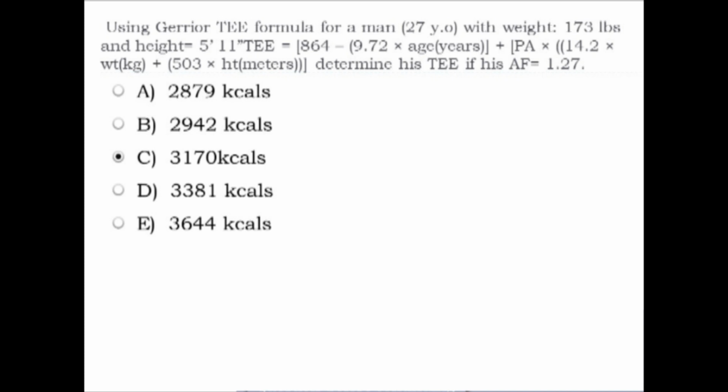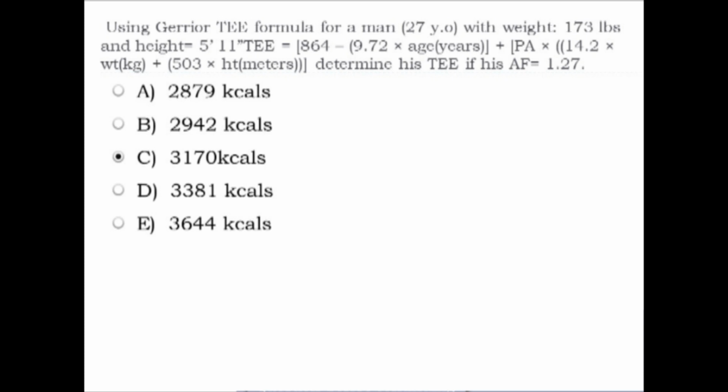Next, we replace the PA by the actual activity factor, or AF. And so in the place of PA, we put 1.27, and that is going to multiply the summation of the weight and height factors. So after you've done that, then you need to convert the body weight into kilograms. So let's do that. 173 times 0.454. And we get 78.54. That value then multiplies 14.2, and we get 1115.30. Jot that down,